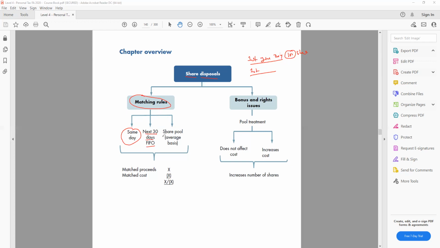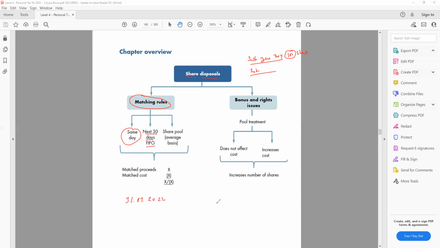Next 30 days, first in, first out. So after that I need to ask, did I buy any shares in the next 30 days or not? Now, how do I know whether I bought any shares in the next 30 days if I'm in today? It's kind of a confusing thing. But the answer is, for example, if my year is ending 31st of March